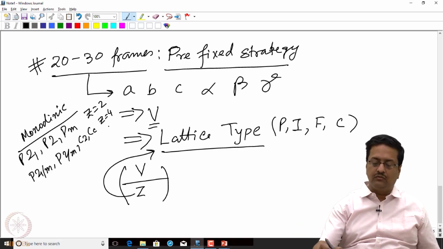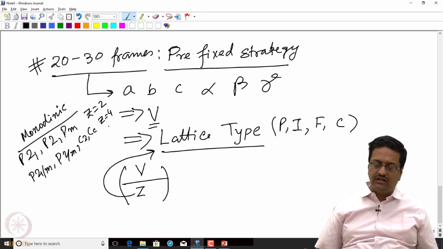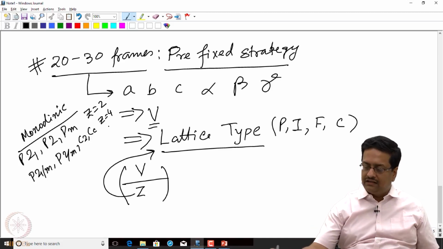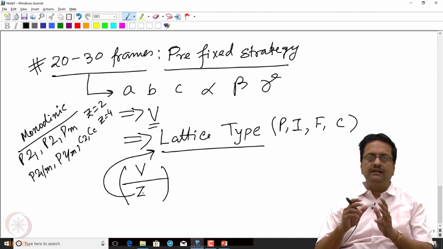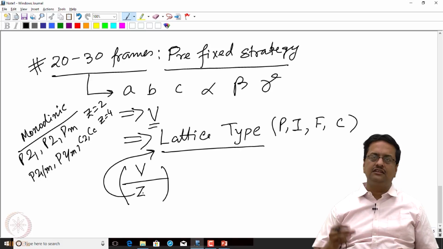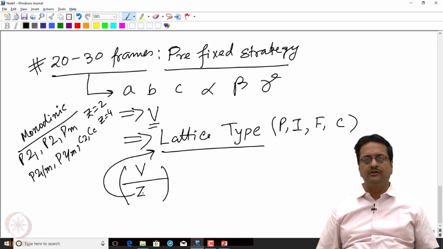So depending on what kind of lattice is possible and what kind of lattice is coming, we divide by Z. The volume being divided by Z gives you the volume of the asymmetric unit,